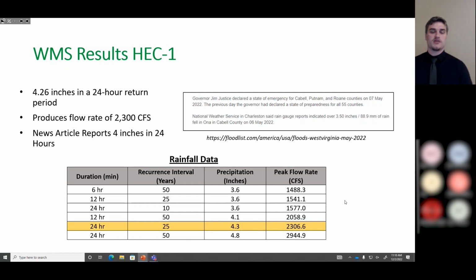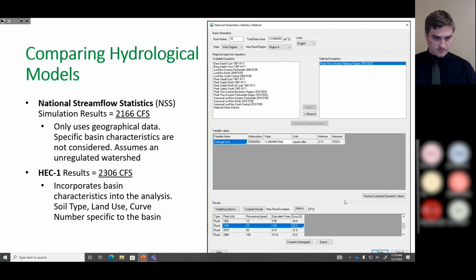In the news article at the top right, according to the National Weather Service in Charleston, it indicated 3.5 inches. Our simulation produced 4.2 inches. So our simulation is actually an overestimate of what occurred during May 2022, to improve factor of safety and to over-design the system. So to further justify our 2,300 cubic feet per second, we ran a National Streamflow Statistics simulation,